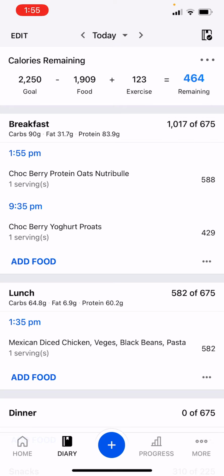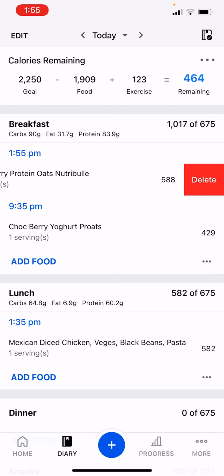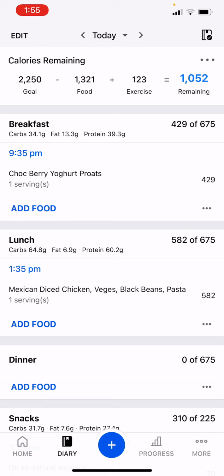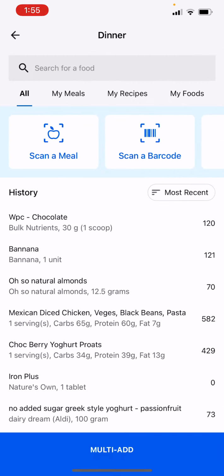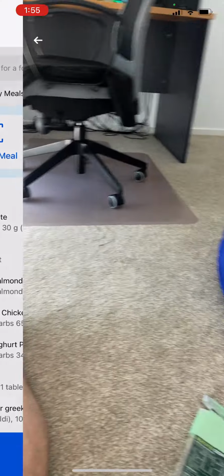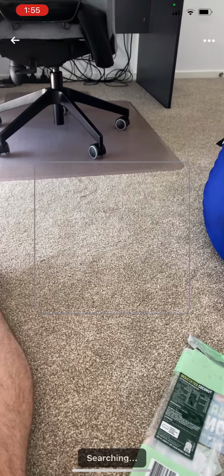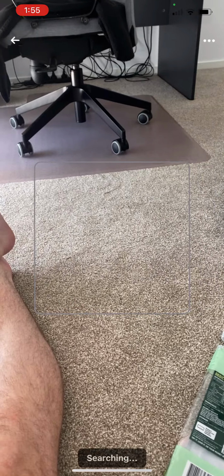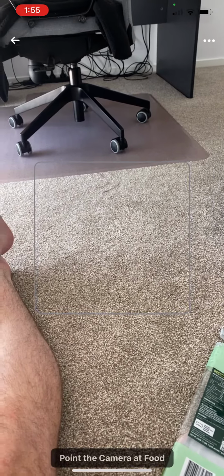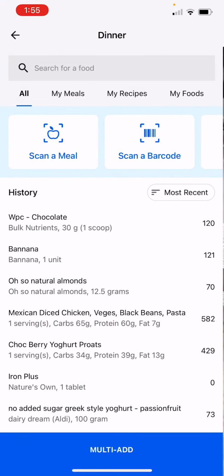Alright, well, I'll delete that out. Obviously you can delete that out. Now you'll find there's other aspects. If you want to add food, like if I go down here for a dinner, you'll see there's obviously a scan meal. Usually that comes into play when you have the premium version, so that allows you to just scan a meal that has not been,